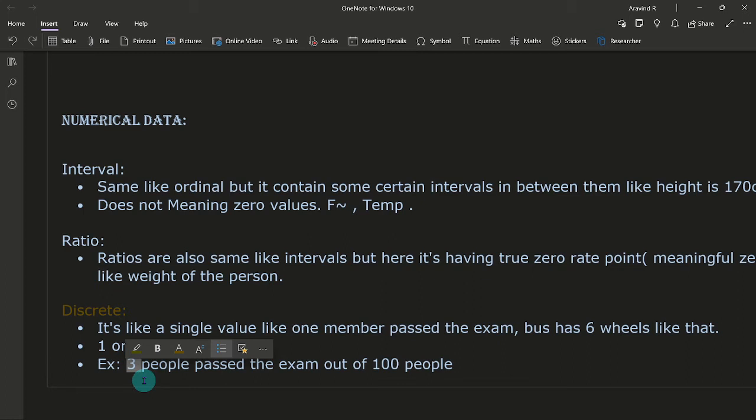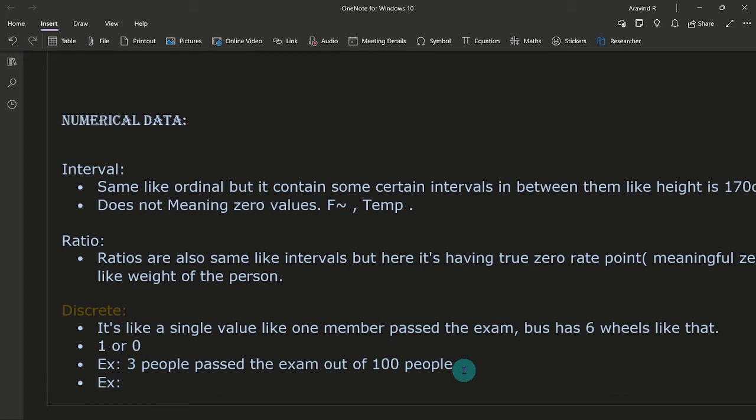I am asking you how many backlogs you have. You can tell I have one backlog or two backlogs, or in the other case I have 25 backlogs. So you are just telling without any continuous numbers or any floating value numbers. Like I'm just telling, I have two, I have three. So you are telling in a particular manner, a true value actually is there. So if you have a true value, then it is three. Then another example is that